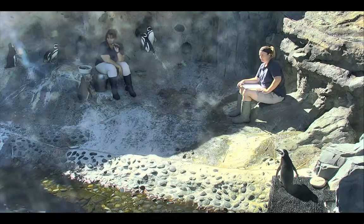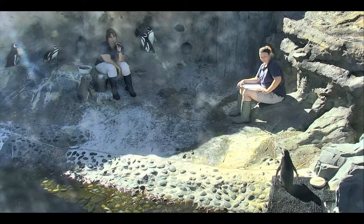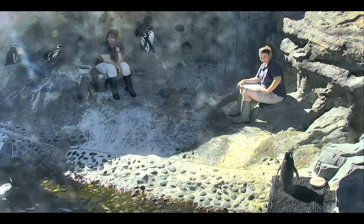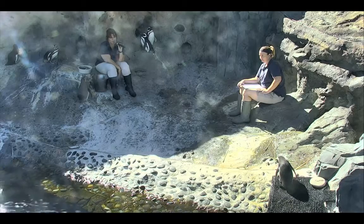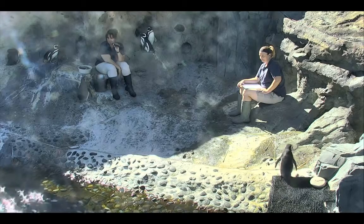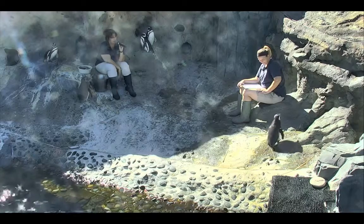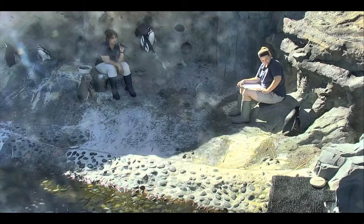But if you've been around, you'll notice that we had the misters on. It's just for the animals that are going to be up on deck. It keeps it nice and cool around 70-75 degrees for them. Now the water temperature is around 60, so if you happen to get splashed, it's going to be a little chilly because off the coast there is a nice cool water stream that keeps it nice and chilly for them,